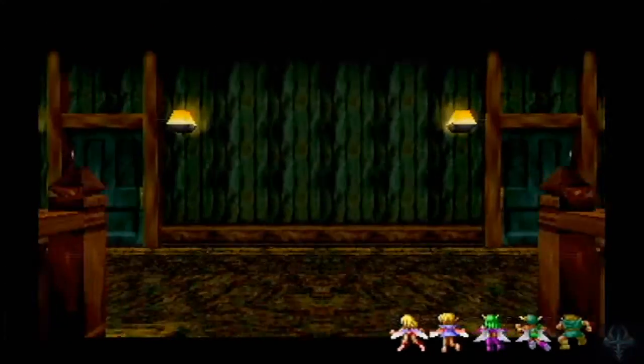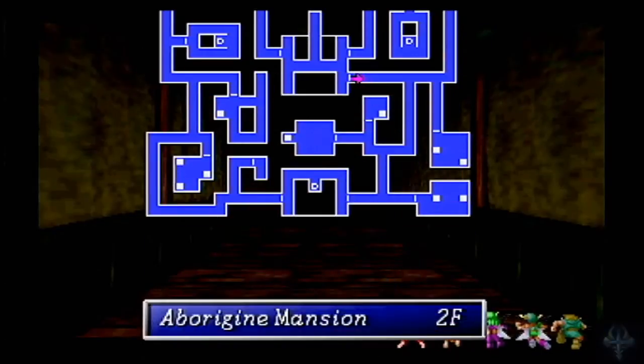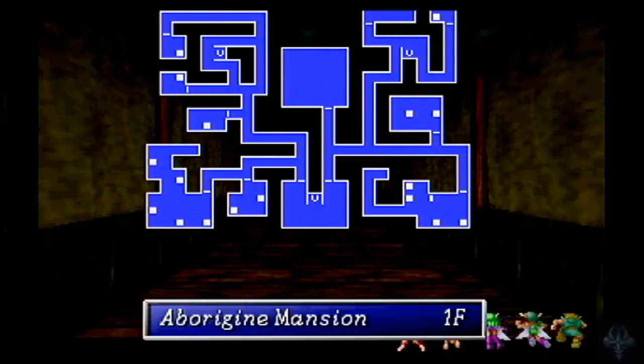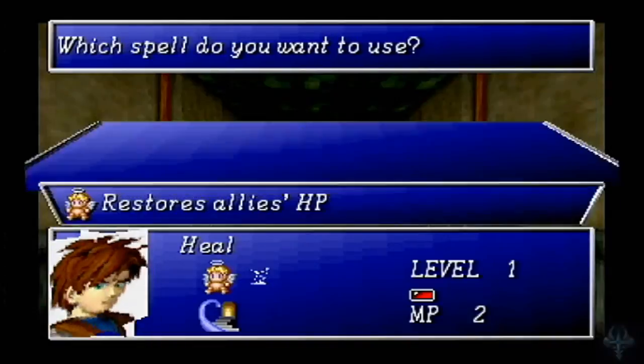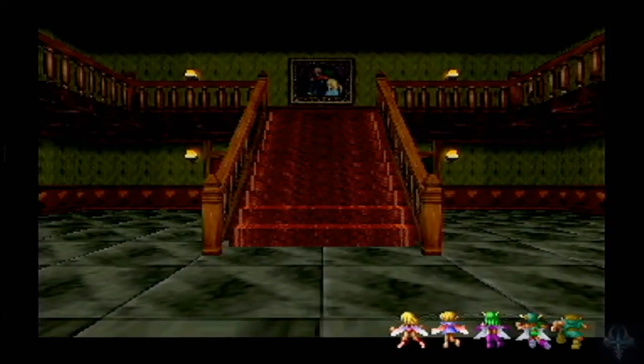So now we actually need to go into the catacombs, like what was said before. So there's really nothing else for us to do here. We need to go back into the Aborigine Forest. So we've explored every nook and cranny of the mansion. So I said I'm going to egress, and we'll go back to town, sell the stuff, buy some more healing items for the ones that I've had to spend, and